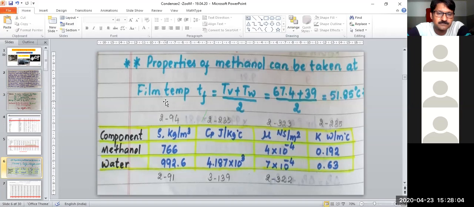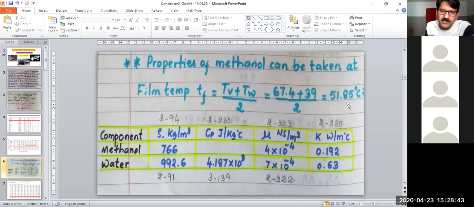Sir, at boiling point temperature. It is at the boiling temperature. So that time we have taken at 74.3. So that is also fine. Here you can do it directly. The temperature is 67.4. Collect the data at 67.4. That is also fine. In some problems they will take 67.4 plus the average temperature of water divided by 2. Therefore you have to take the temperature at 51.85. This is also right. Okay, please make a note of it.